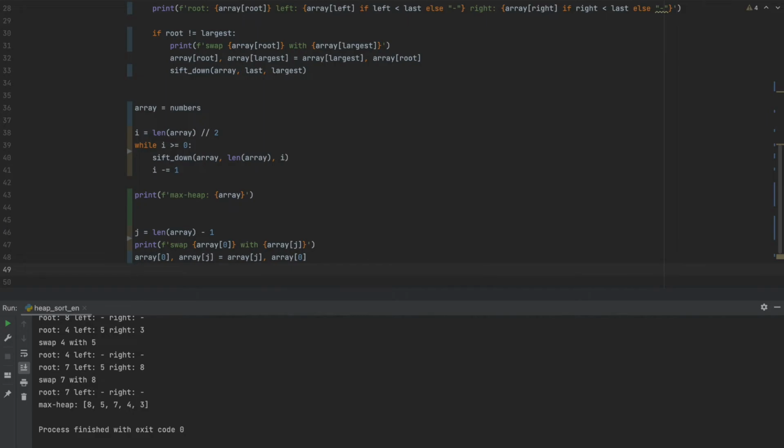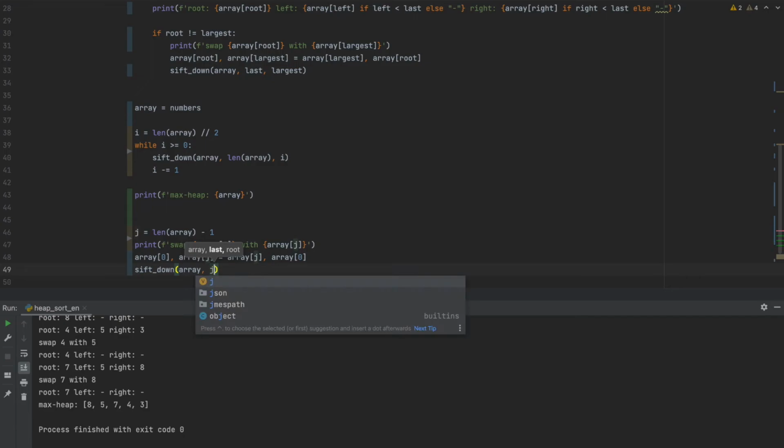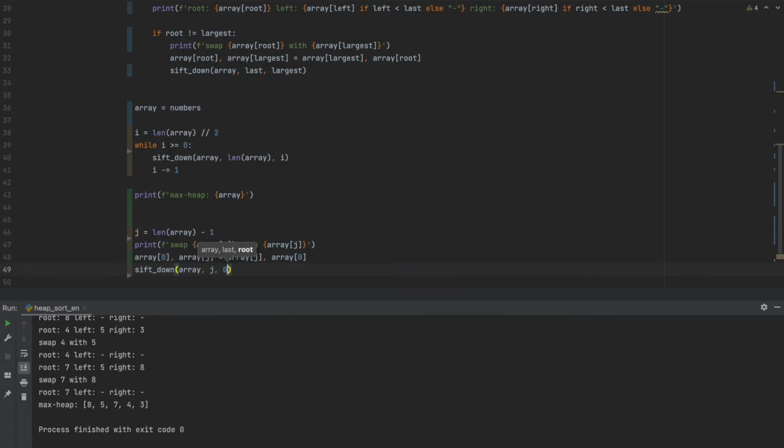So we will have to call the shift down function once again, and it's going to be also for the array. The last index will be j, and the root is always 0 because that's what we have changed. All right.